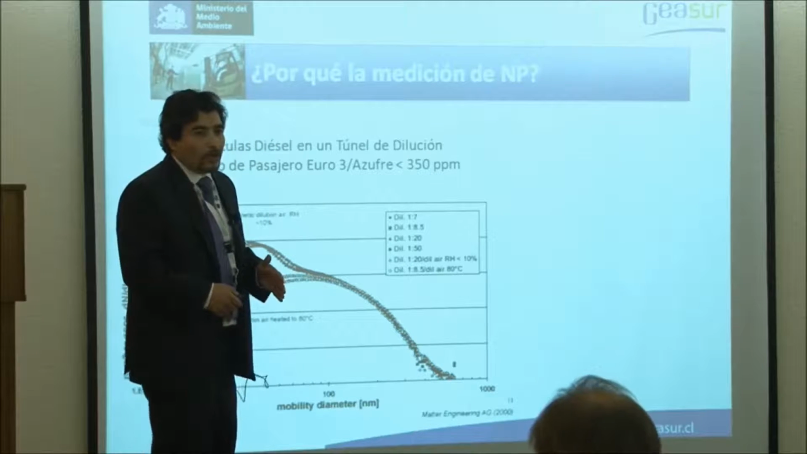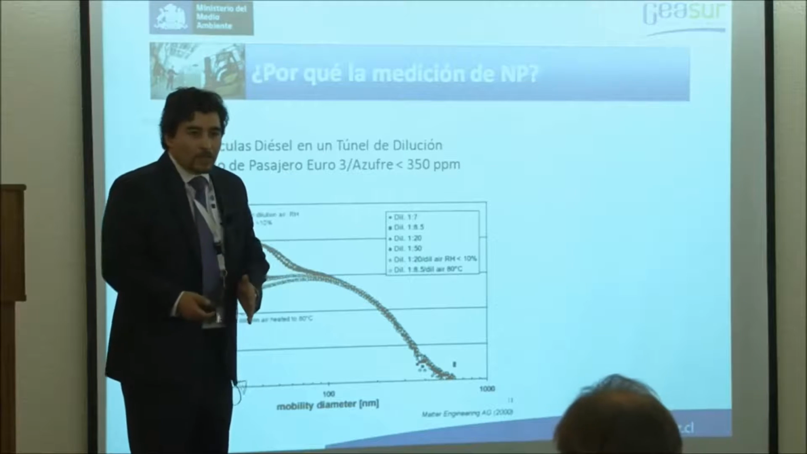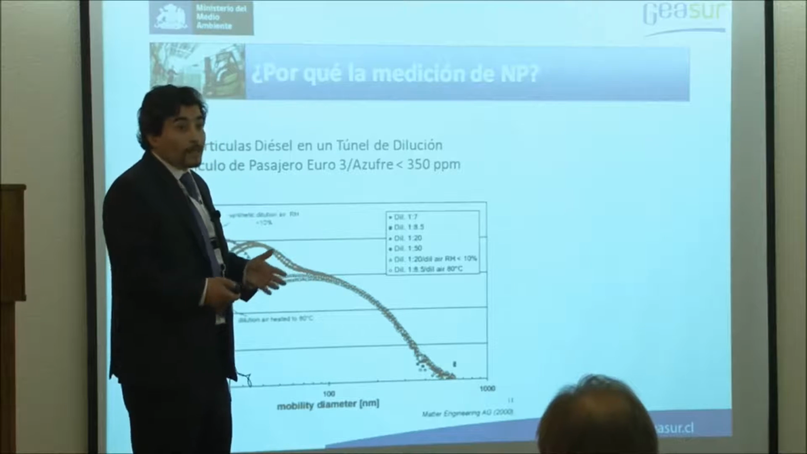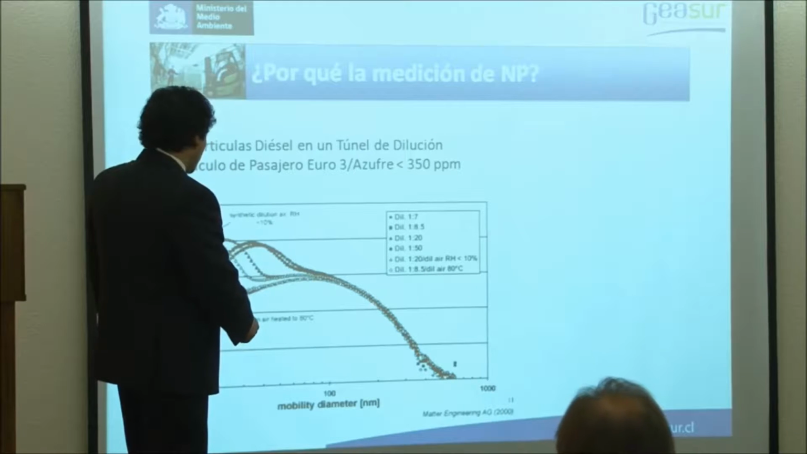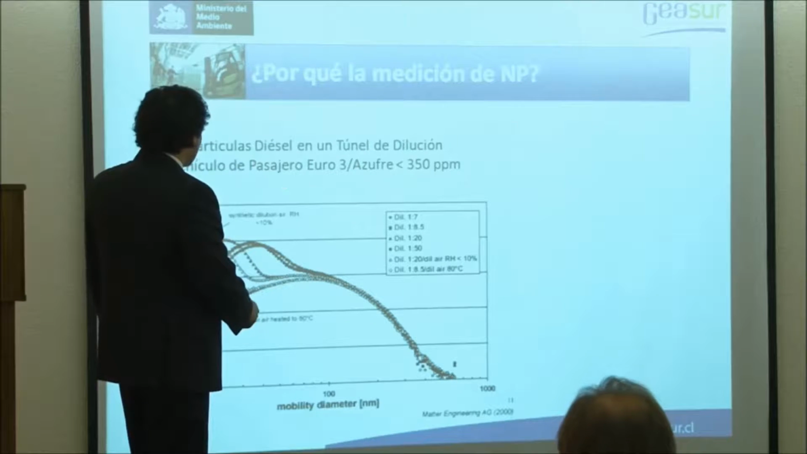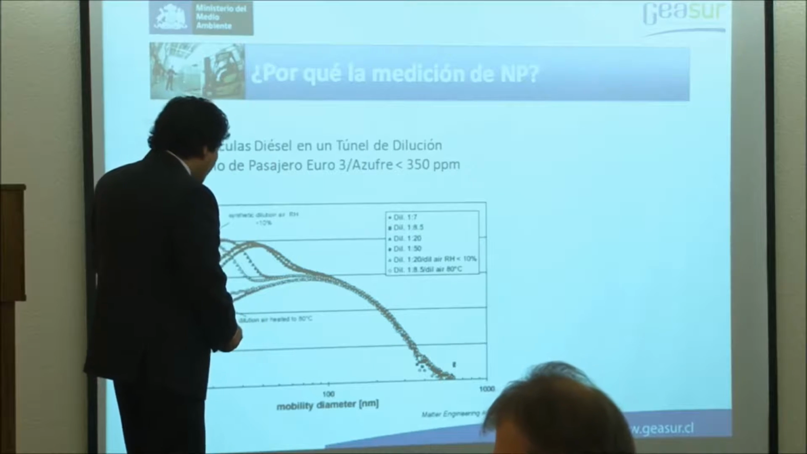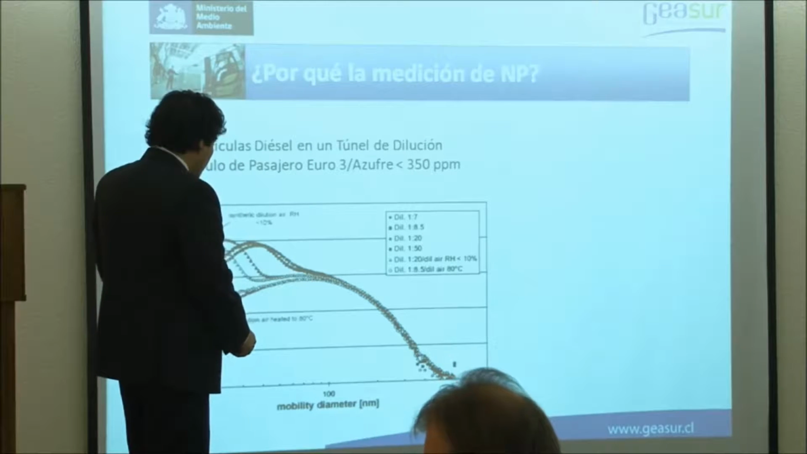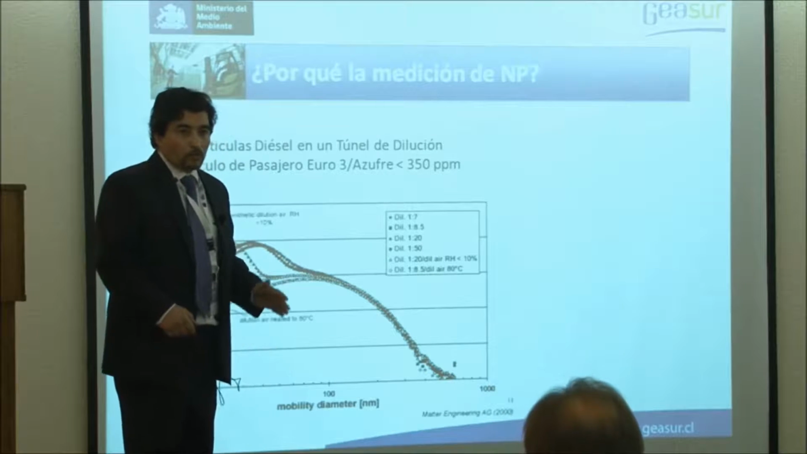So briefly, I want to mention the features of the diesel emissions so that we can understand why we are using this measurement system and why this would be the best system to do these controls. Here we can see the distribution of the particles according to their size, taken from a dilution tunnel, from a Euro 3 tunnel, which has a capacity of 350 particles per million. Now, what I want to highlight from this is that the size of these diesel particles, which are practically 100% under